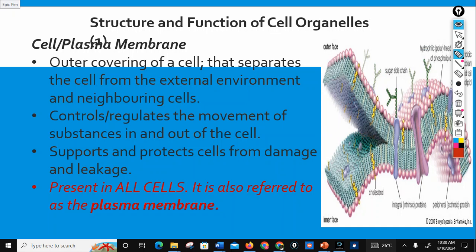It controls and regulates the movement of substances in and out of the cell. It also supports and protects cells from damage and leakage. So one important thing I want you to notice here is that it regulates the movement of substances in and out of the cell. So it is semi-permeable. Is that okay? It is semi-permeable. And one thing about the cell membrane is that it is a living layer